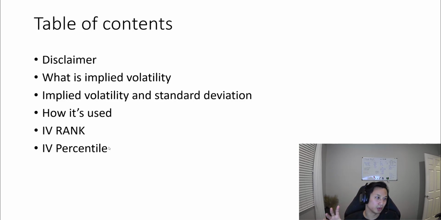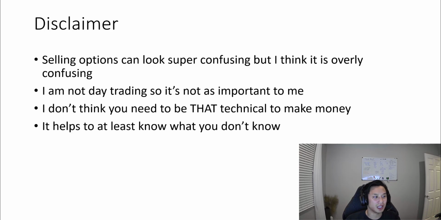First, I want to give a quick disclaimer. I'm going to cover what implied volatility is, how it's measured, and then how it's used, and then also a couple other metrics that use implied volatility that make it a little bit more usable to make decisions, based on context really. So my disclaimer is this: I think selling options or buying options or whatever can look